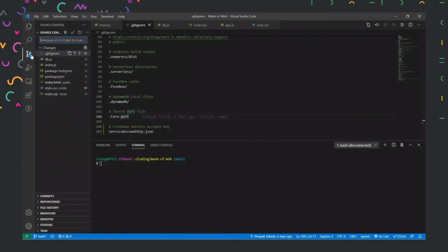So if you notice here, all these files we have changed. We have deleted the HTML file and we created this many EJS files. We created the db.js file, and we made changes to the package.json file and package-lock.json file. So we need to first stage it. We can stage it by using git.